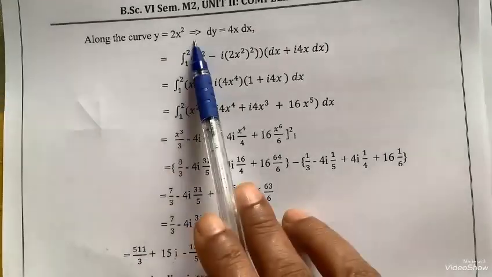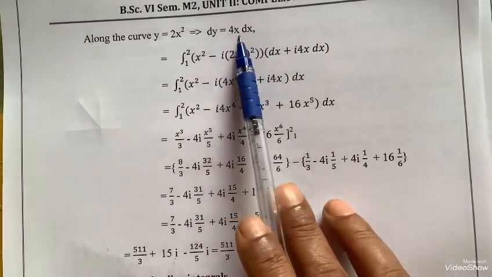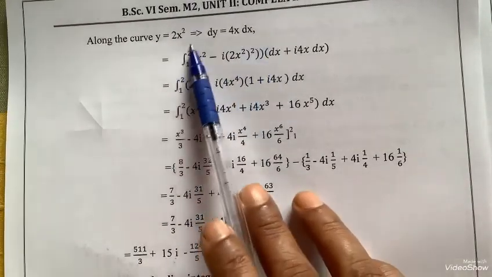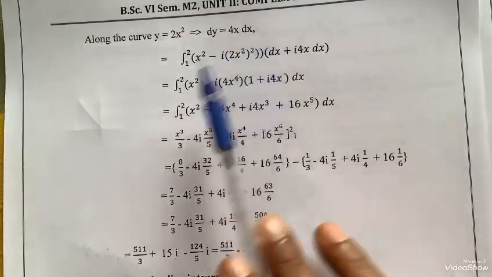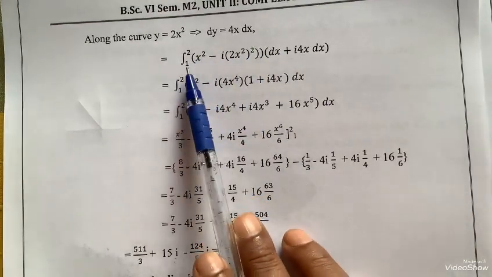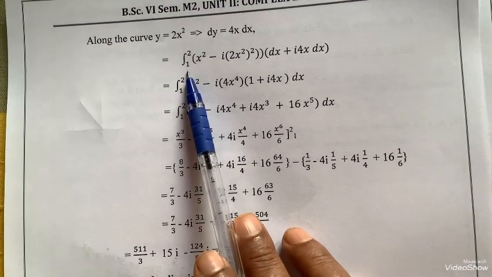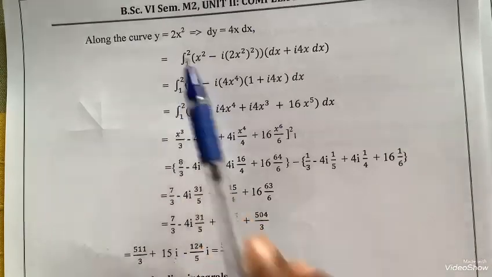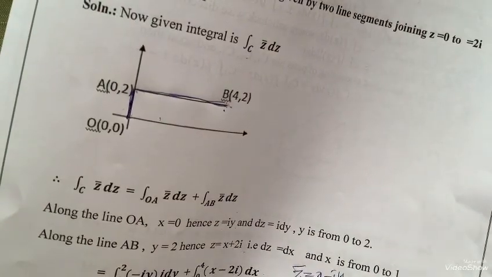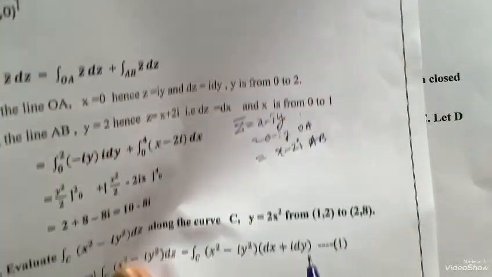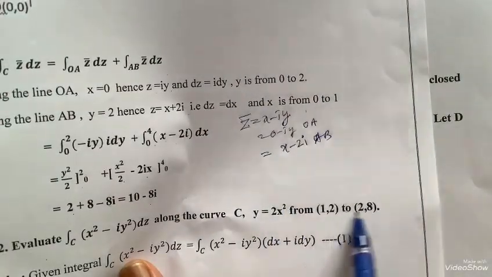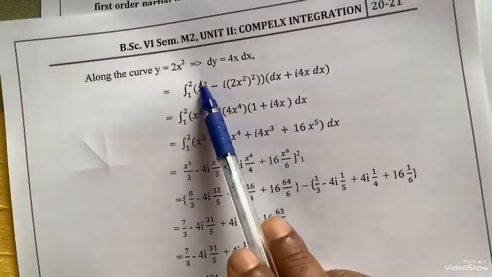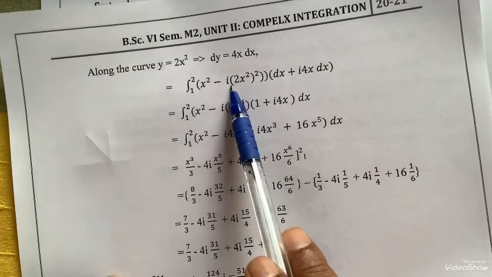So now along the curve y equal to 2x square, dy is 4x dx here. Wherever y is there, substitute it as 2x square. The limits of integration in the form of x coordinates are 1 and 2, because the points are given as (1, 2) to (2, 8). So you have to write x coordinates from 1 to 2, x square minus i into 2x square